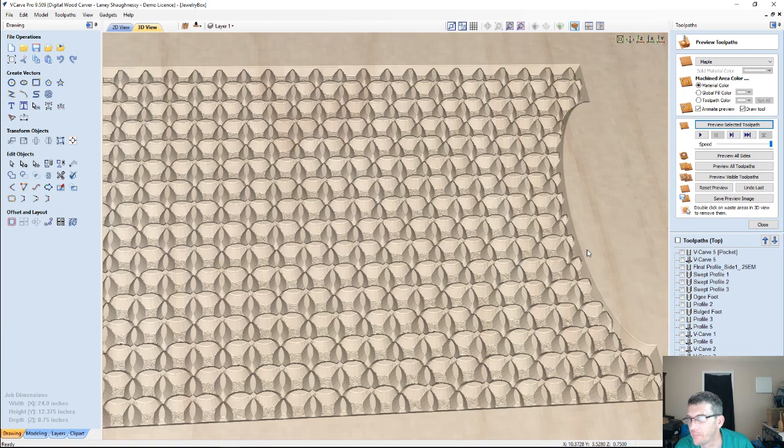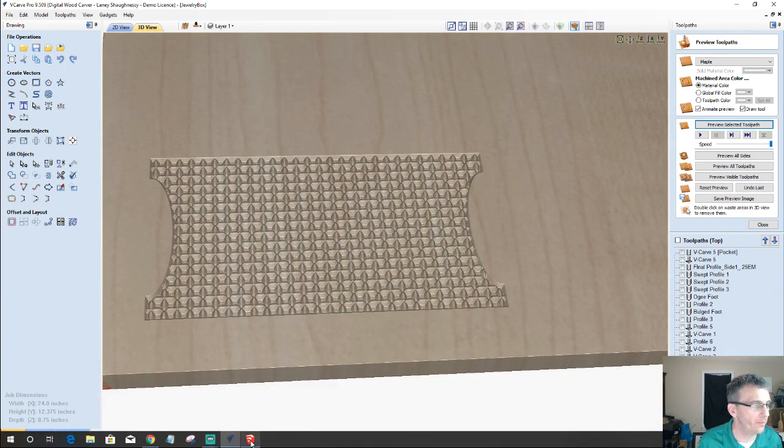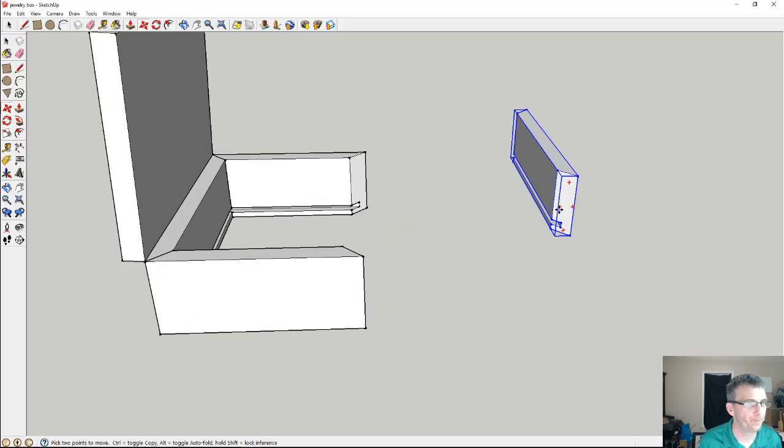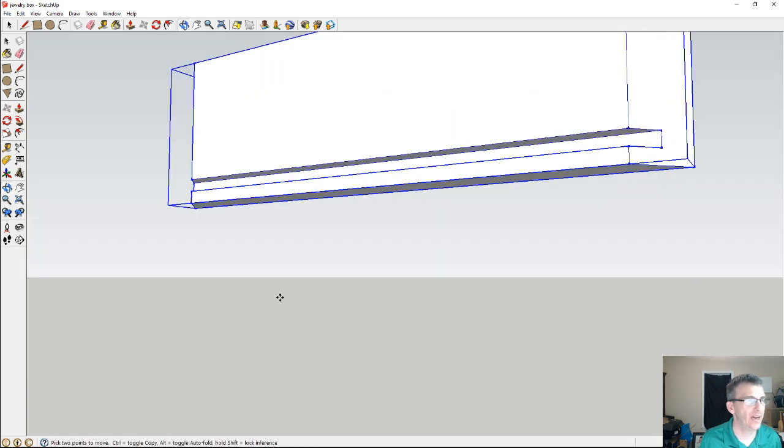Now, Chuck asks, since the bottom groove only goes part way through the board, should they not extend past the edge so that the notch does not show on the outside? Well, Chuck, yeah, I'm assuming you're referring to the bottom cut of the bottom piece. Okay? So, when I take my bottom piece of material,